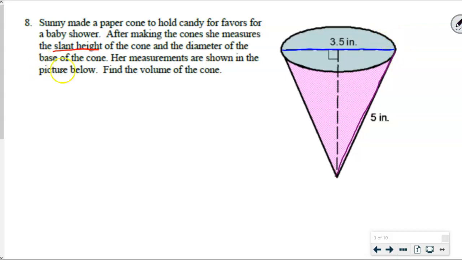Because when I am finding the volume of a cone, it is equal to 1/3 times the height times the base. And when we talk about the height, we're not talking about the slant height. What we're talking about is the actual height. Can you see how I basically formed a triangle here? So we still need this measurement here, this height. But I also want you to understand the base would be the area of